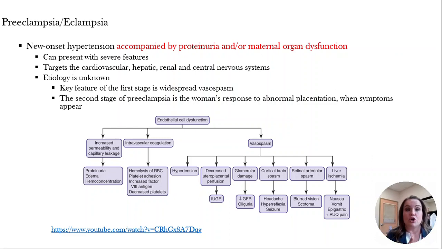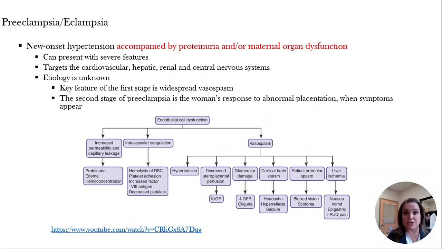The next subset we're going to talk about is preeclampsia and eclampsia. Preeclampsia is new onset hypertension accompanied by proteinuria and or maternal organ dysfunction. So that means that this patient has hypertension and it's affecting her organs. Okay. We no longer just have hypertension, because if we only had hypertension, that would be what? Gestational hypertension. But now we have organ dysfunction,